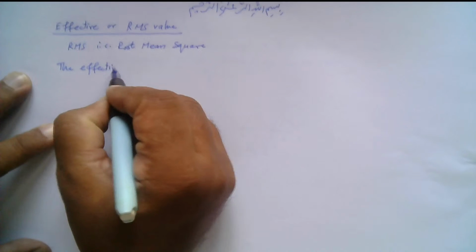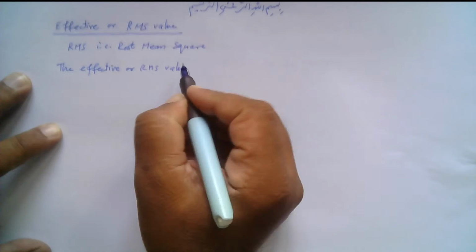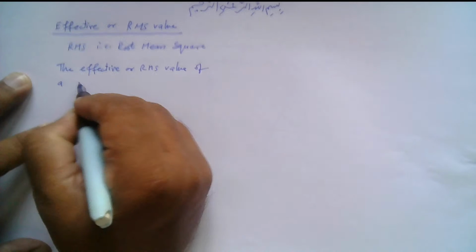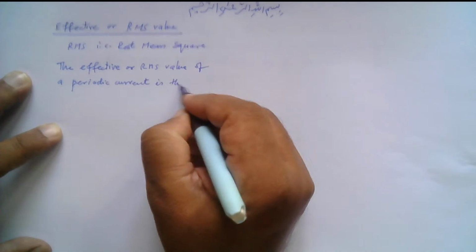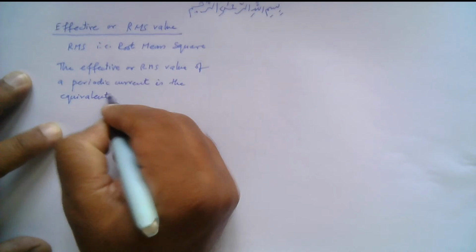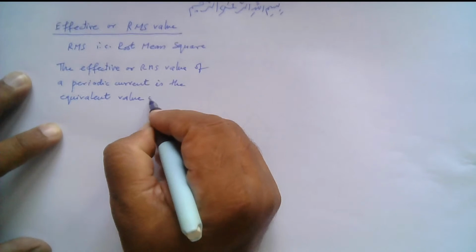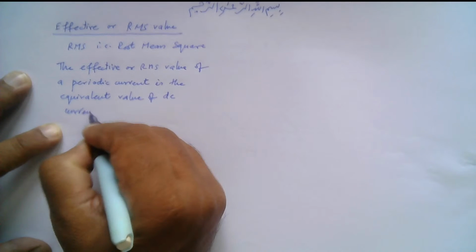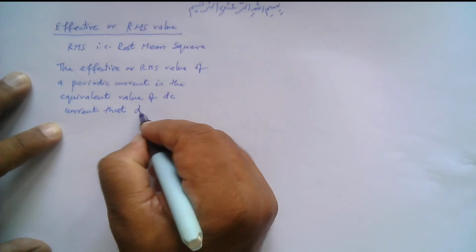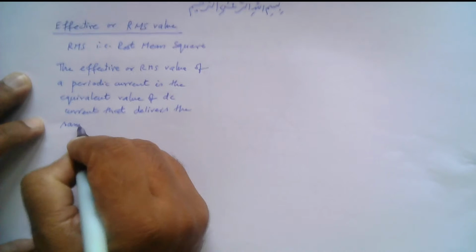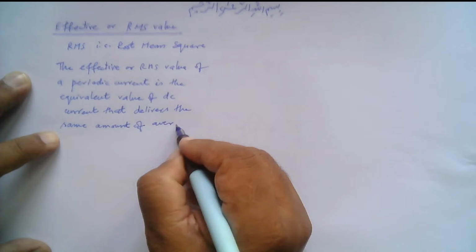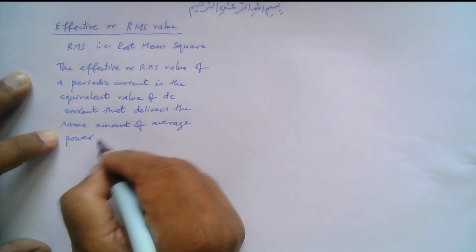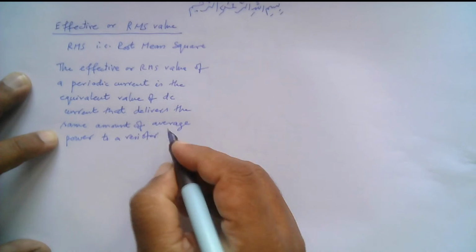So let me write it down here. The effective or RMS value of a periodic current is the equivalent value of DC current that delivers the same amount of average power to a resistor as the periodic current,